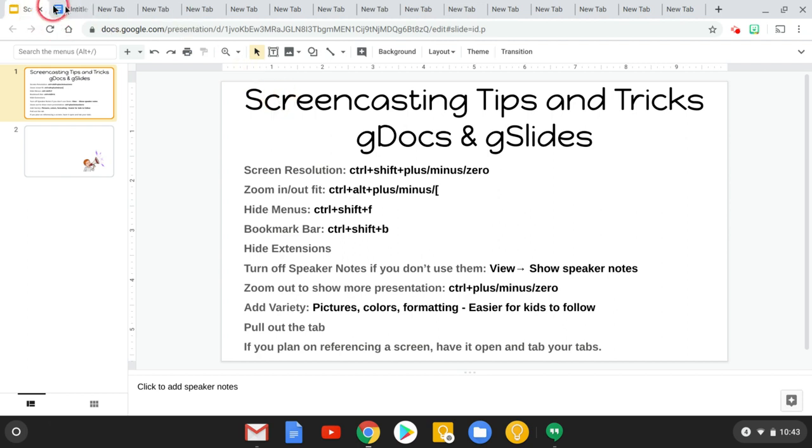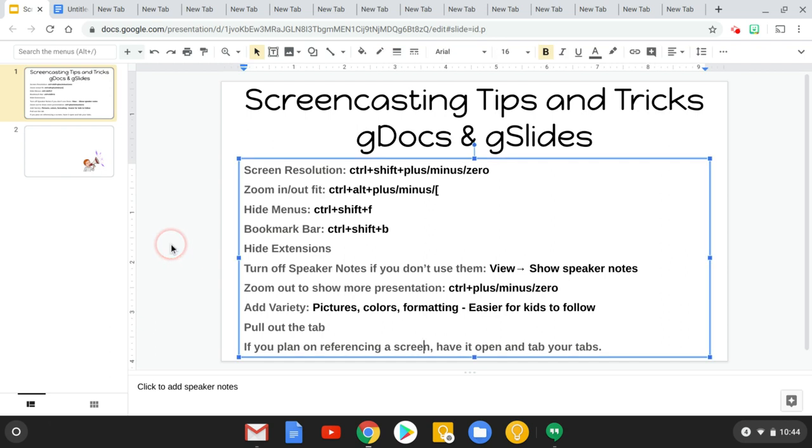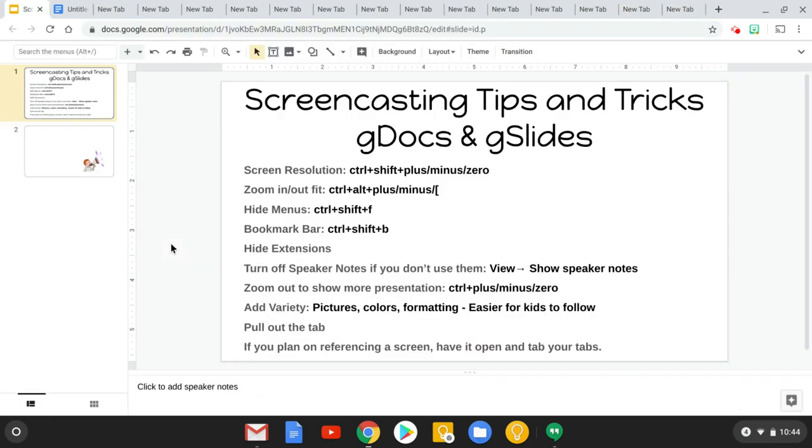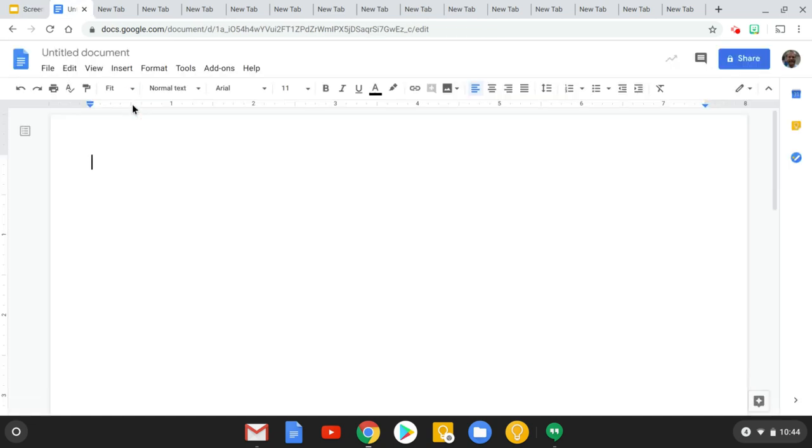And likewise, if you're going to have a couple tabs open, all right, right down here, this last one, tab your tabs. So put one finger on Control. I'm going to use my left thumb, and I'm going to use my index finger to tap the tab button, and now I can tab through all these different tabs. All right, it makes it a little bit more seamless instead of just moving my cursor up to that other tab. Keep in mind, if I do tab to a new tab, I can press Control Shift Tab